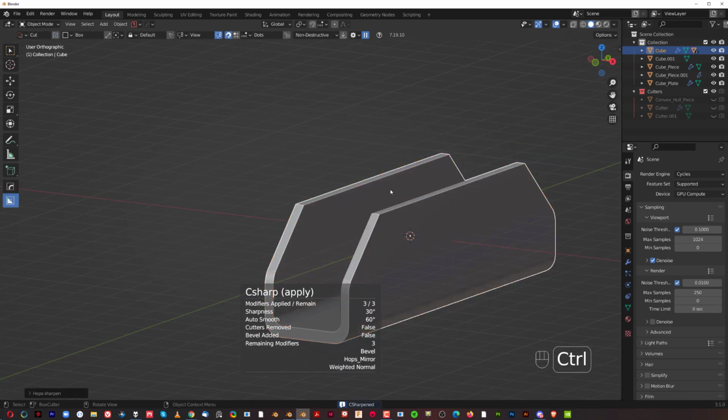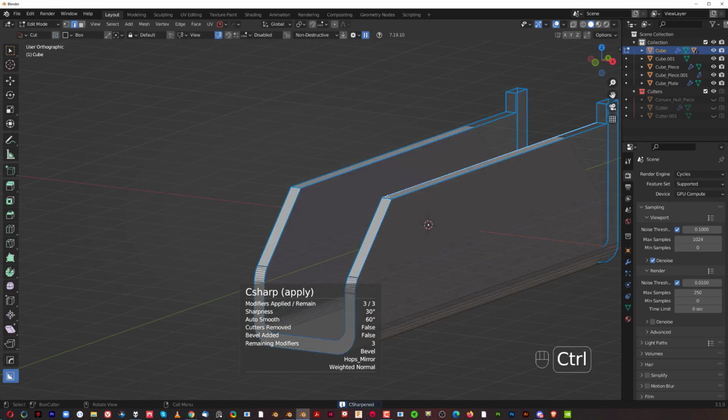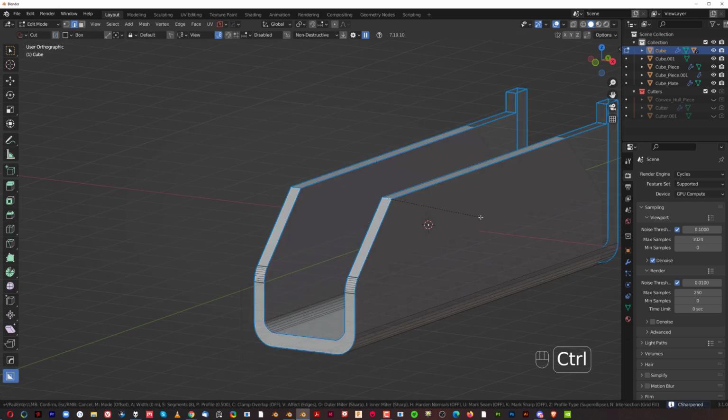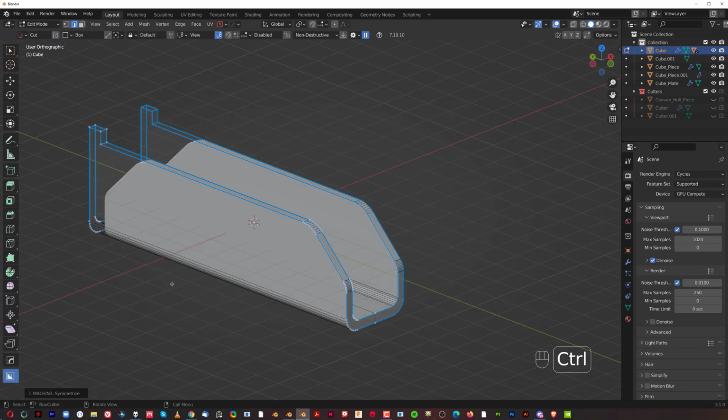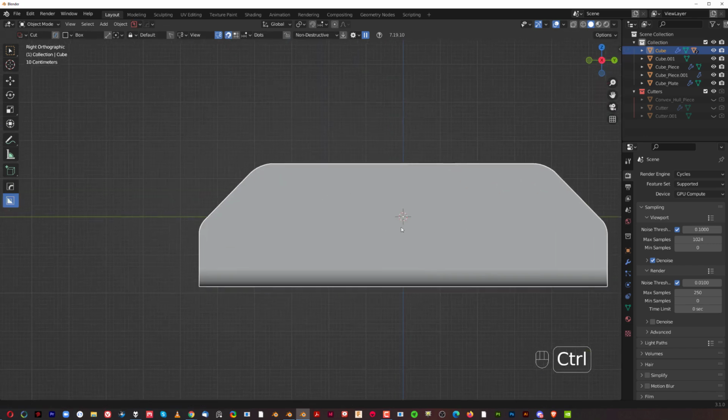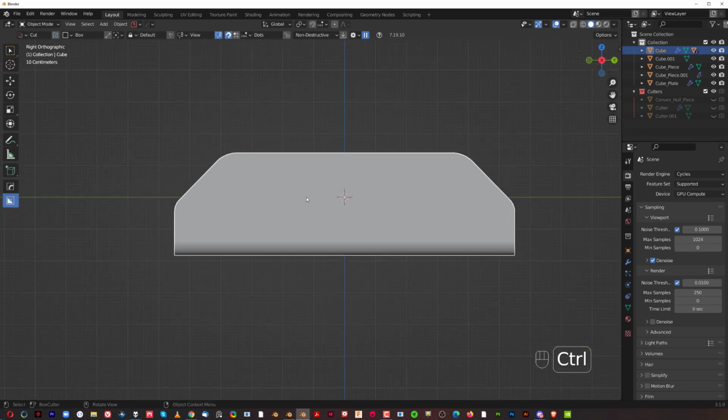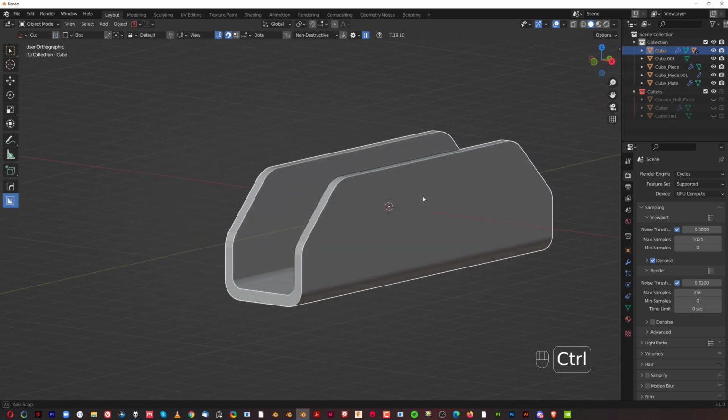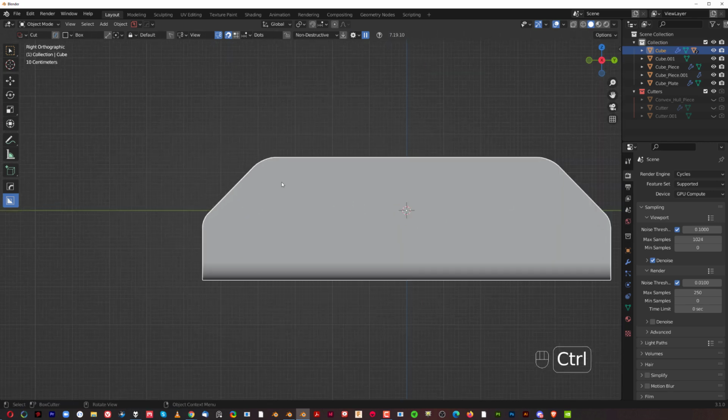We can apply this and bevel this, copy to the other side with machine tool, mesh machine. And now we can have some fun with cuts here. So